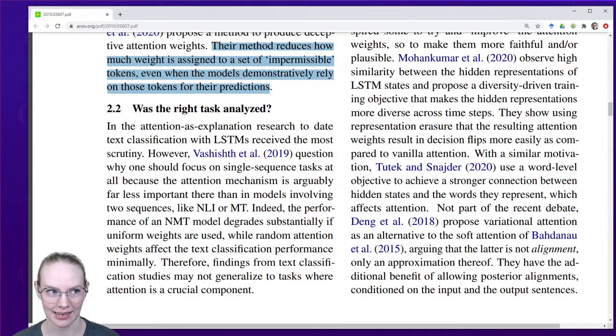Was the right task analyzed? In the attention as explanation research to date, text classification with LSTMs received the most scrutiny. So that would be something like intent classification or sentiment analysis, things like that. However,